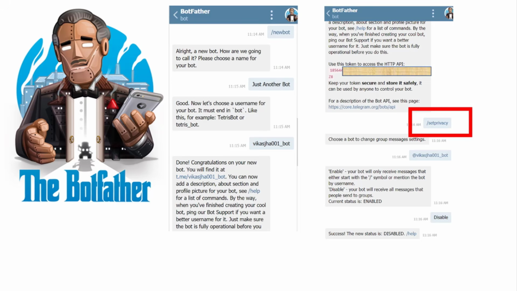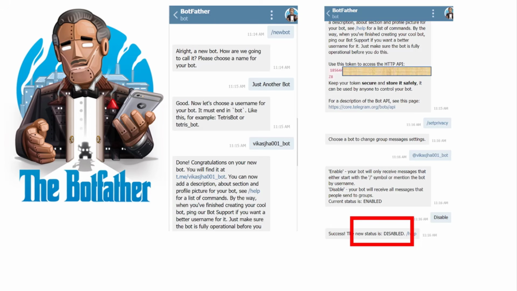Once you do that, you need to select which bot you want to perform this action on, and you can select whatever your bot name is. If you have only one bot, you may not see this option, because BotFather already knows that you have only one bot, and it is going to set the privacy for that bot. You need to make sure that you change the privacy of the bot from enabled to disabled, and once you do that, you are going to get a success notification message that the privacy has now been disabled. Then we are going to proceed with interacting with the bot using bot APIs.